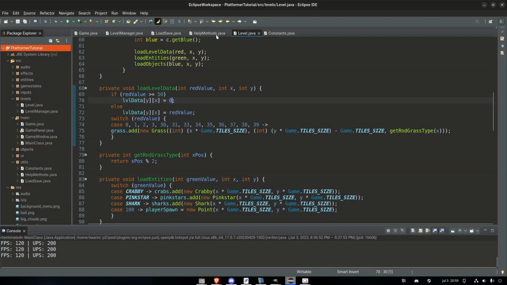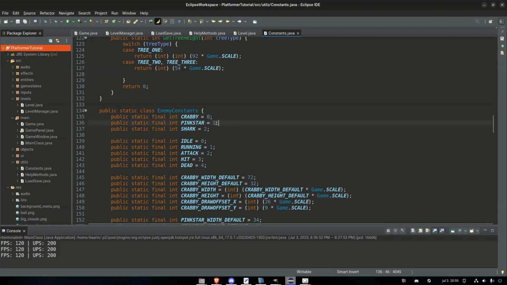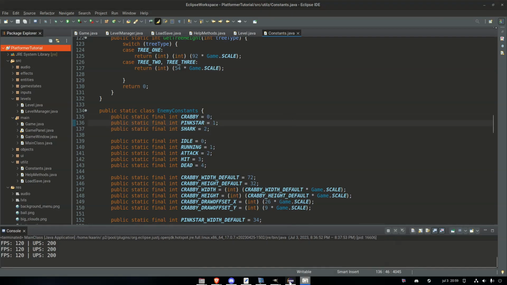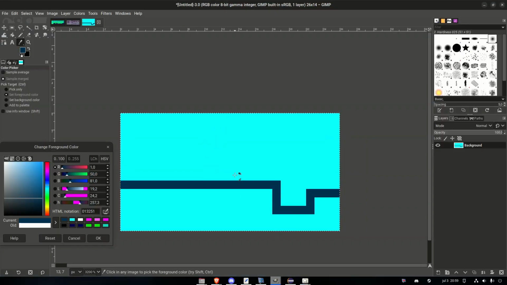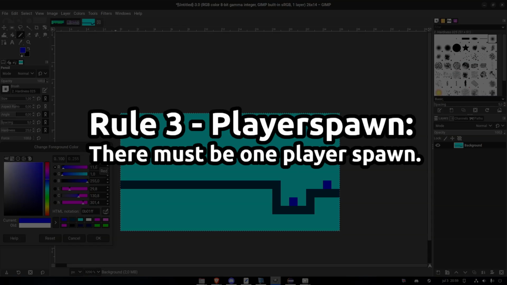And we can check in our constant class that our enemies are 0, 1, and 2 when it comes to the green value for any pixel. So let's just take the base color, change it to a 0 for Krabby, or let's go with a starfish, so 1. And we're gonna put him down here and 1 here. So now we have 2 enemies in the game,